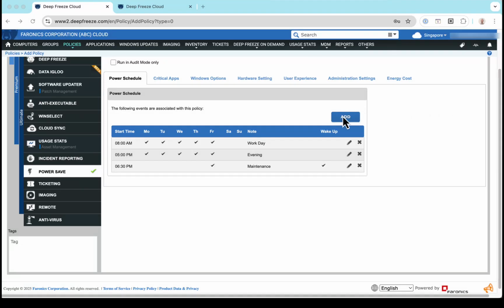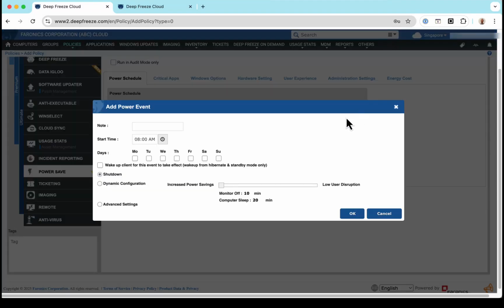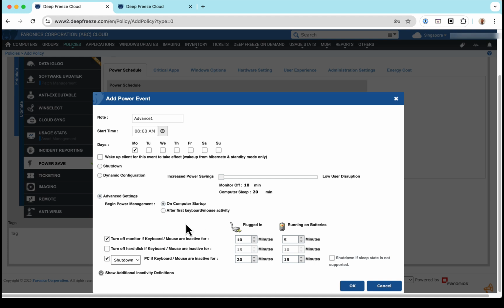So I'm going to set a power schedule in this policy. So workstations on this policy, I can just say that I want them to shut down at a certain time on a certain day of the week, or I can be more precise about it. I can say that I want monitors to turn off if I have a certain amount of inactivity plugged in